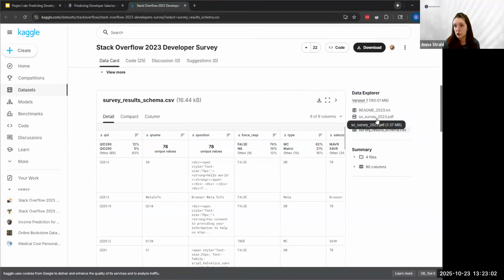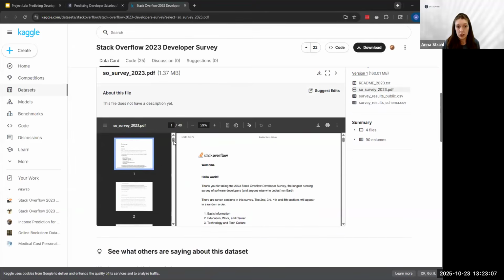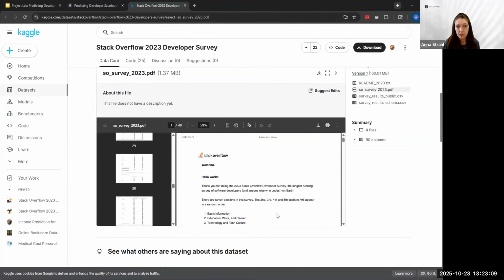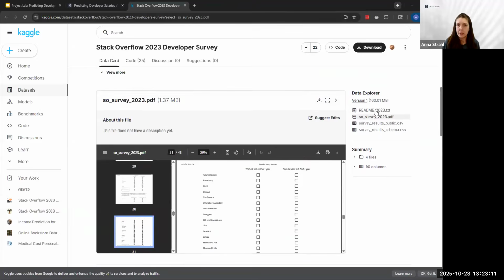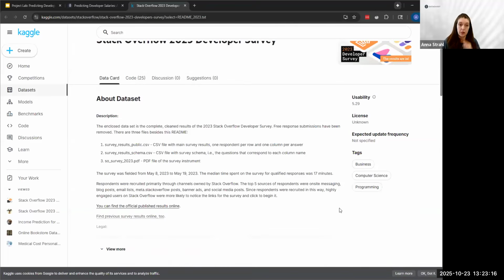They have the actual survey questions that were asked, if you want to take a look at those. And then the README gives a little bit of explanation about things as well. So the target variable we're using is everybody's individual compensation converted into US dollars.